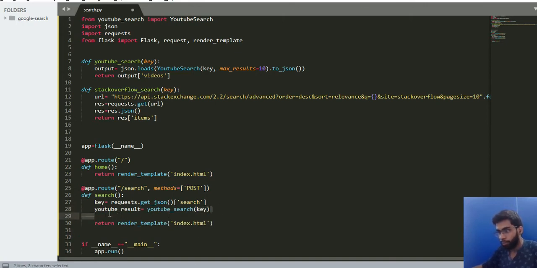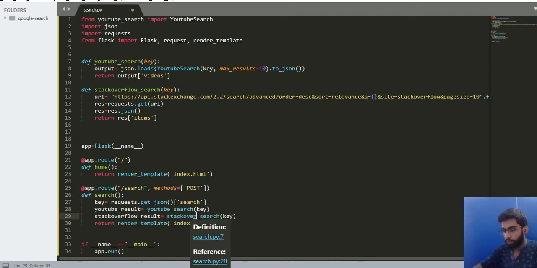Similarly, I'll do it for Stack Overflow. So I have called it, I've got my result, right? Now once I've got my result, I need to render this result.